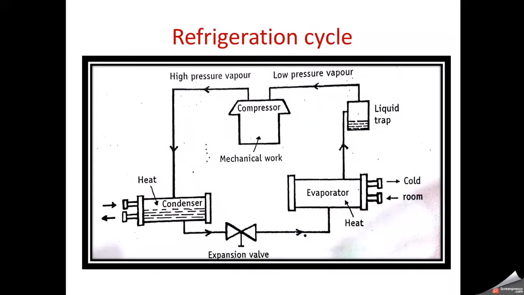Let's move forward to the next part, that is refrigeration cycle, that actually how refrigeration take place. Its basic components actually are condenser, compressor, liquid trap, evaporator and expansion valve. All these components work together to generate two types of pressures. One is high pressure vapor, other is low pressure vapor. So this high pressure and low pressure vapor, they are working generating continuously so that a continuous cooling effect can